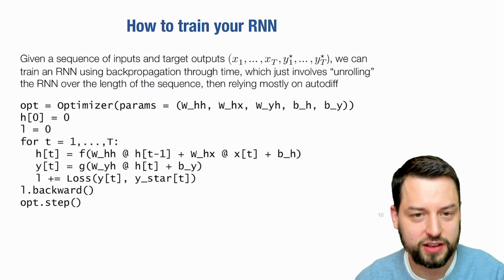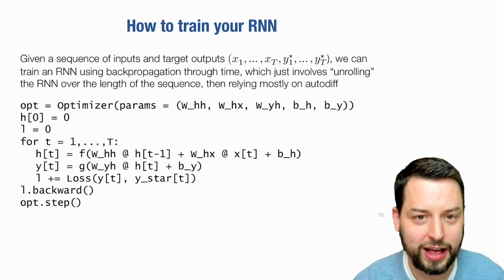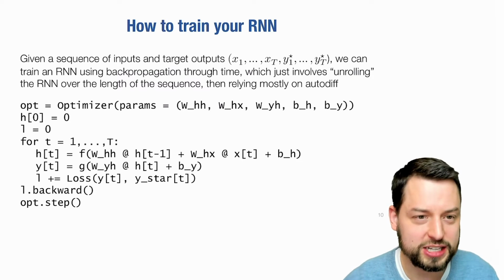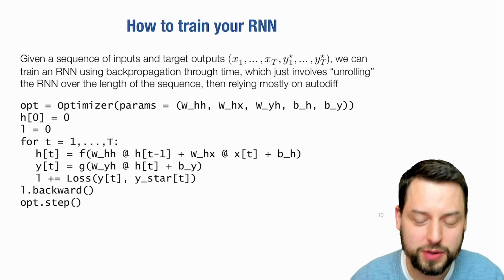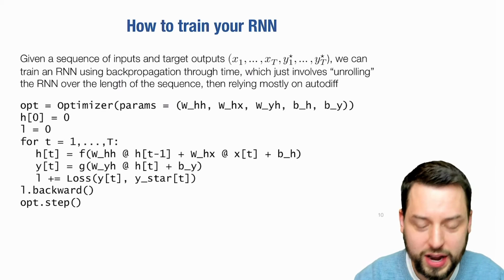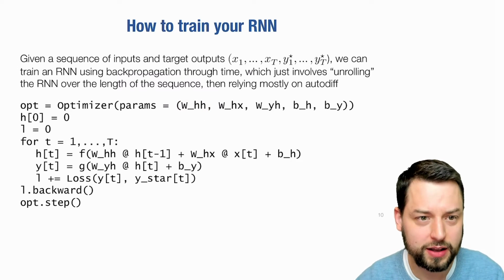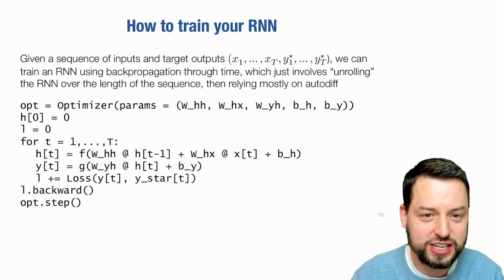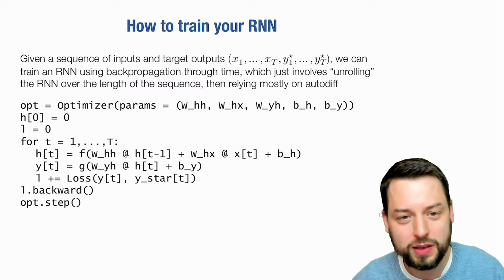And I'm writing this in this pseudocode for a reason, which is that I don't want to write this out algorithmically, right? Algorithmically, this is just the equations you saw previously, plus some loss between y and y star. But what I definitely don't want to do is actually derive what the gradient is with respect to WHH of this loss, right? Because WHH affects all these terms. There's influence on every HT on WHH and all the terms that came before it, and writing out these gradients would be quite